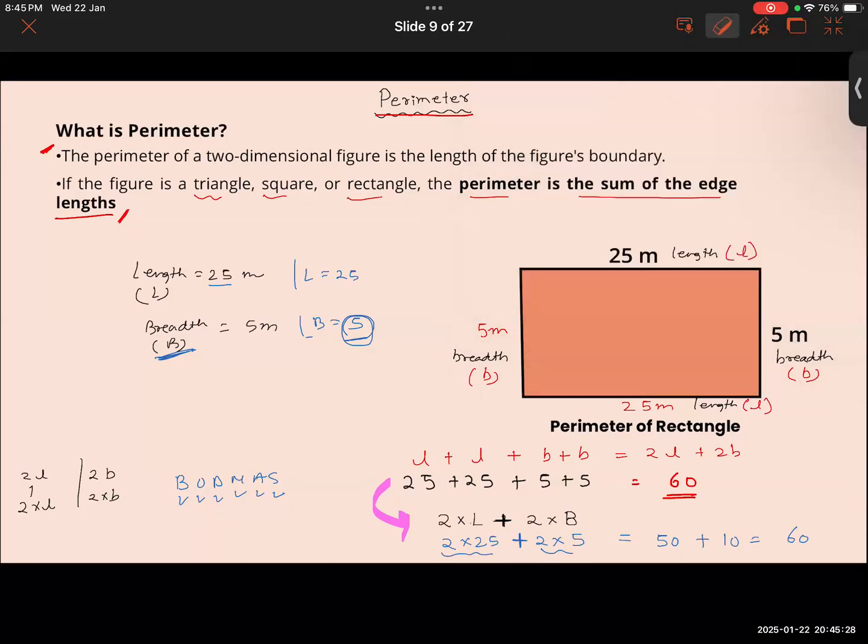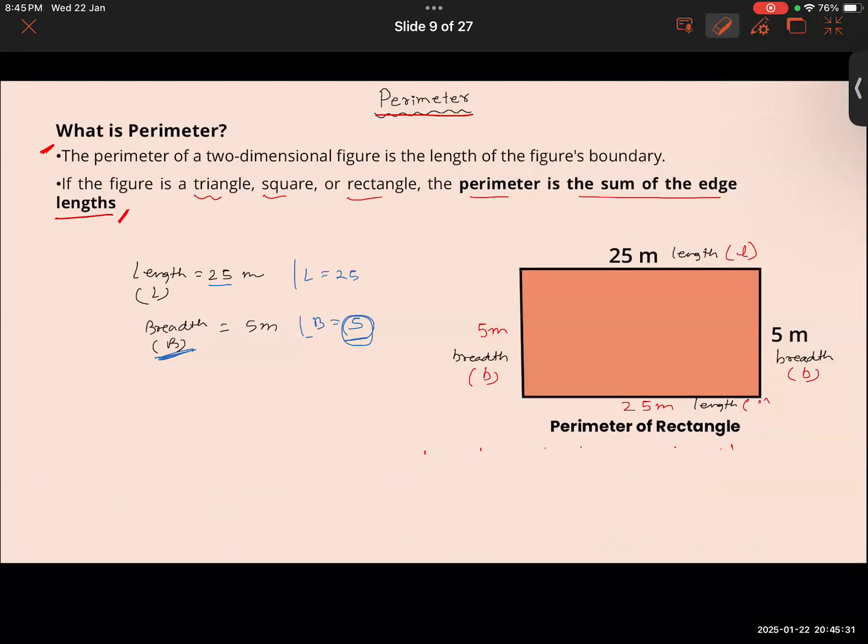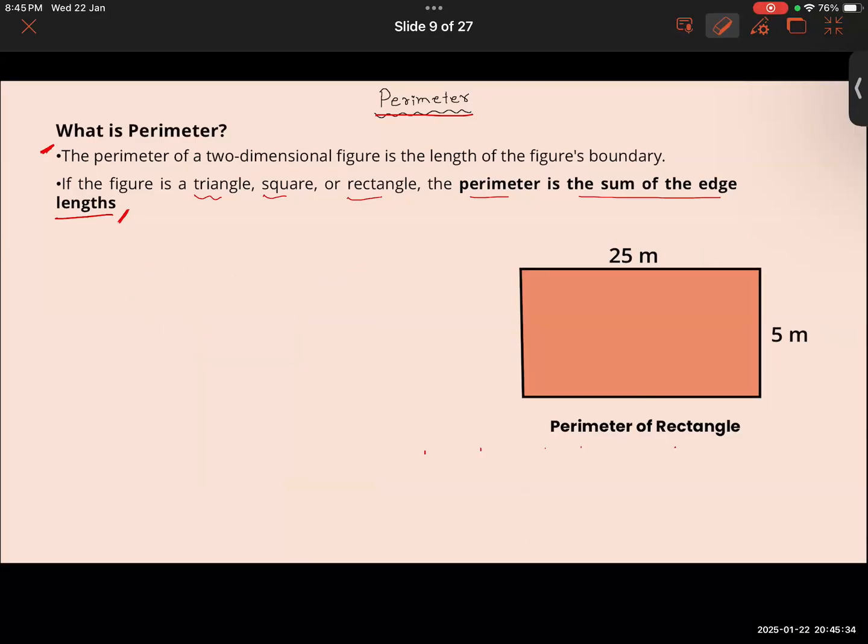So let me write it in a fresh manner, 1 minute. The question was: find the perimeter of the given figure. You don't have to write this down right now. In this we have seen that the given things were as follows. Length, that is L, was equal to 25 meter. Breadth, that is capital B, was equal to 5 meter. To find the perimeter,